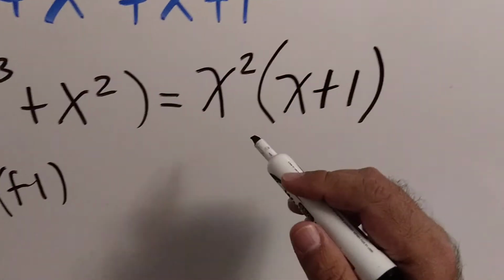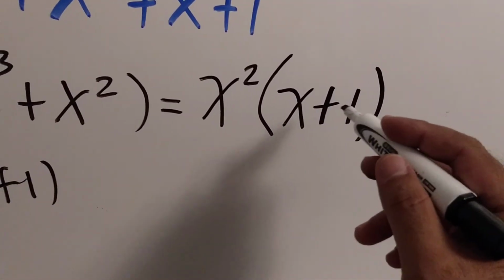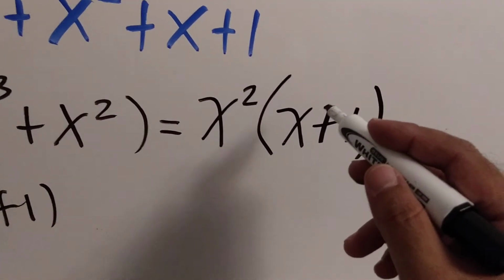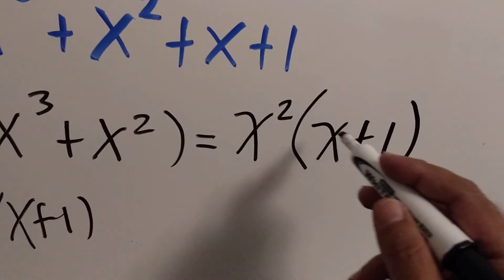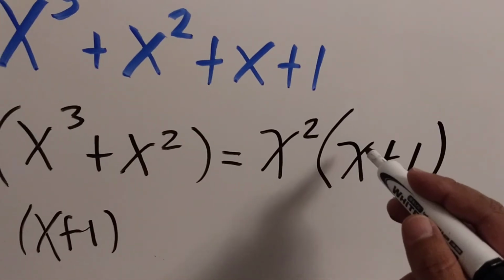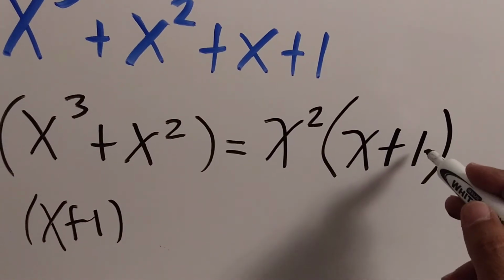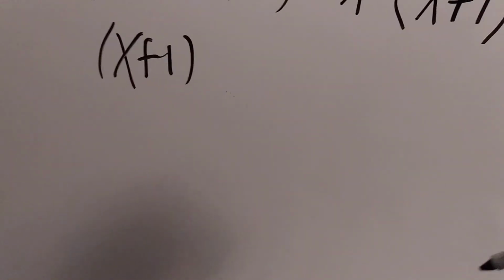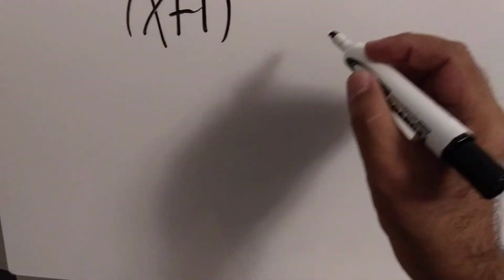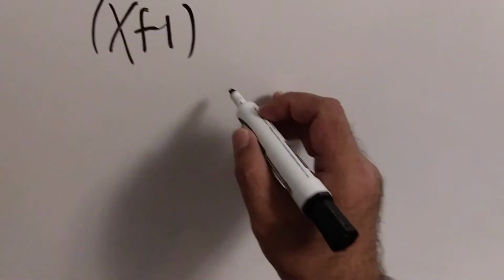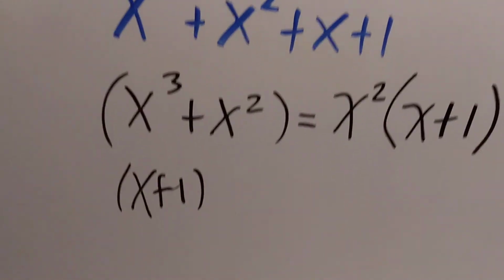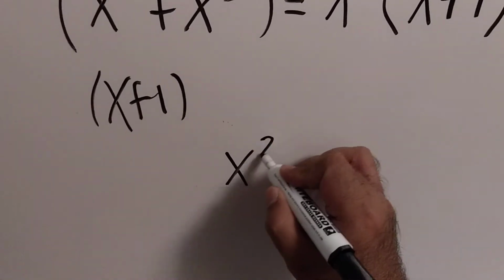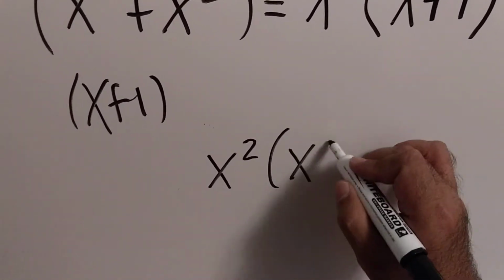Again, once we redistribute it back into the end result that we got, to verify just in case to make sure that we have the correct answer, it's x to the second times x gives you x to the third, and x to the second times 1 gives you x to the second. So now look, here we have the terms that are going to be related to this example here. You're going to have x to the second times x plus 1